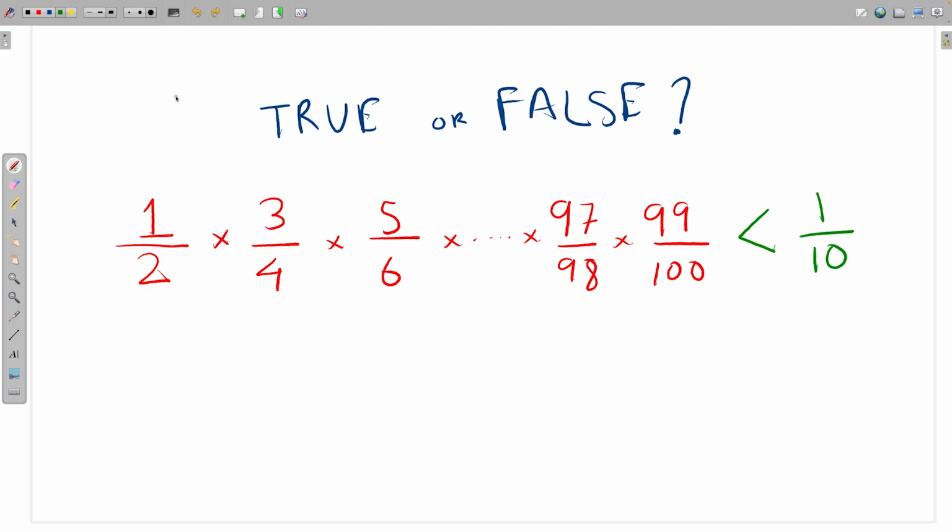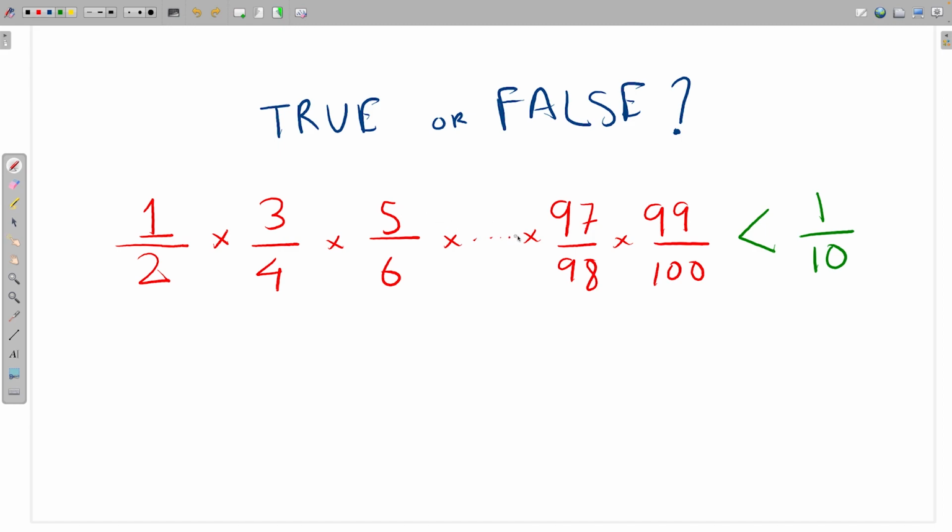Today we have this wonderful question. It's a true or false question. On the left hand side, we have a series of numbers, which is 1/2 multiplied by 3/4 into 5/6